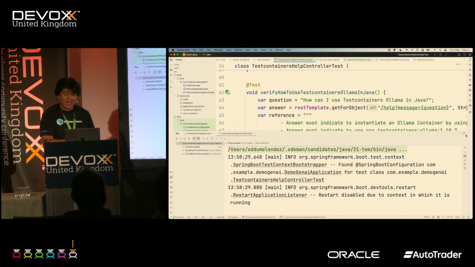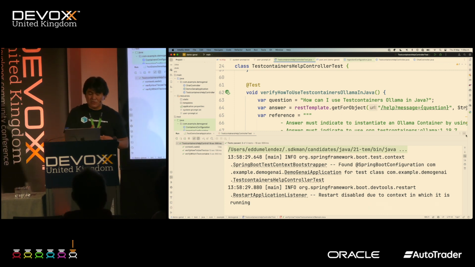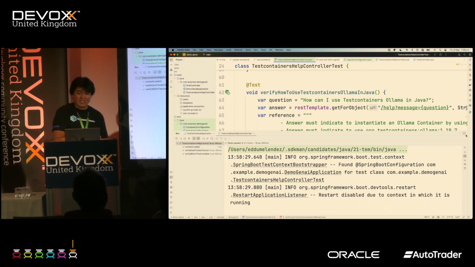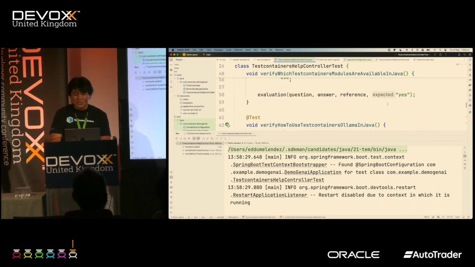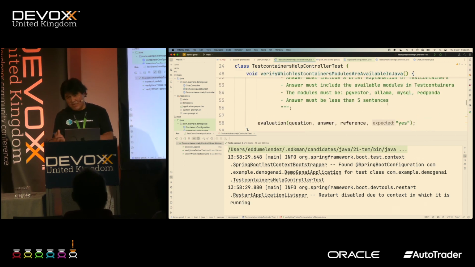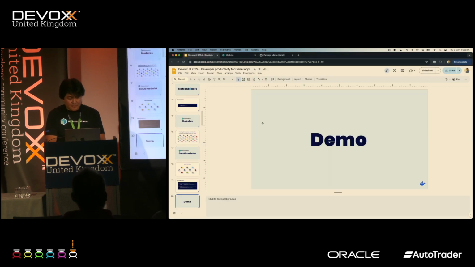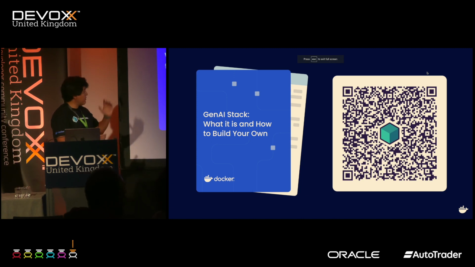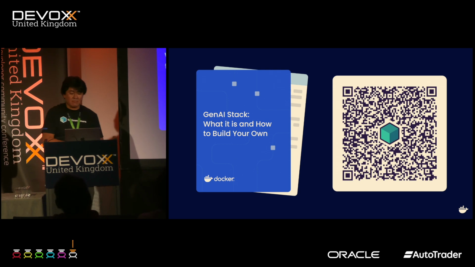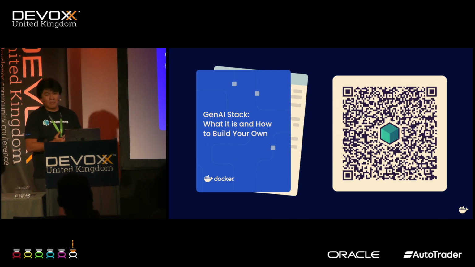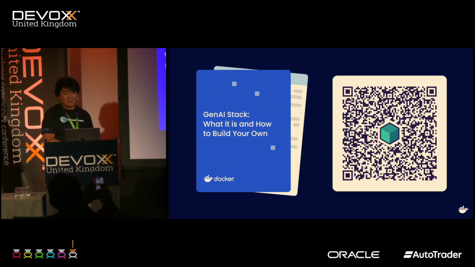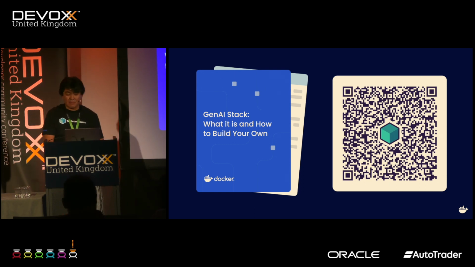And we're using Spring AI. If you're already familiar with the Spring framework, then Spring AI is the project that you should take a look at. We are also using Docker, and Docker is enabling the dependencies that we need to run our services and Testcontainers in order to integrate it and use a declarative way to use those dependencies as well. So at Docker, we have released a GenAI stack document that you can take a look at. It gives an introduction about GenAI, the stack that you need to take into account, and we are waiting for feedback